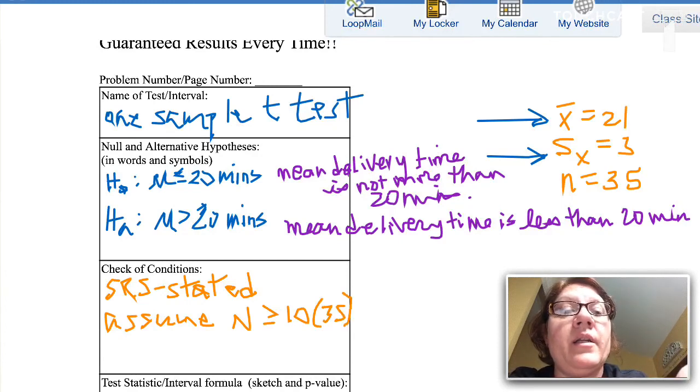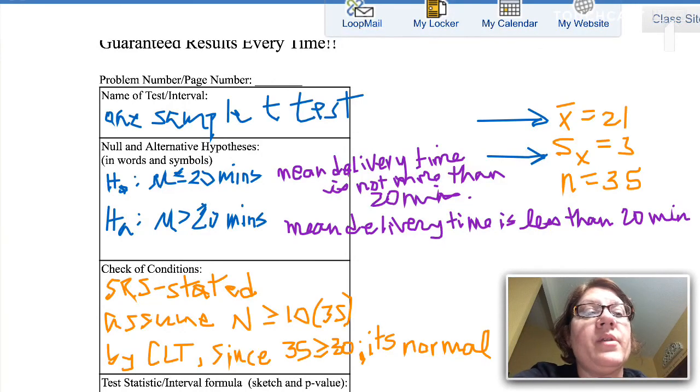And then for normality, we have a nice sample size. So since my sample size is greater than or equal to 30, I can say it's